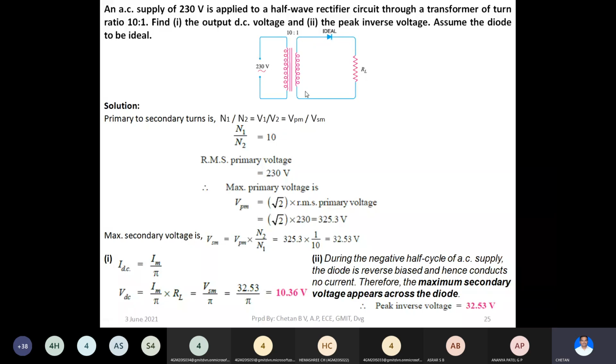Suppose in some problems they directly give the input voltage. It can be the RMS value or else it can be the peak value of the input voltage which is directly applied to the diode. Then the transformer turns ratio and all will not come into the picture, right? You can directly start calculating the other parameters based on the formulas that you have derived in the previous classes. If a transformer is given, then you should be very careful in finding out the actual input. The actual input would be the output of the secondary, or voltage across the secondary of the transformer.